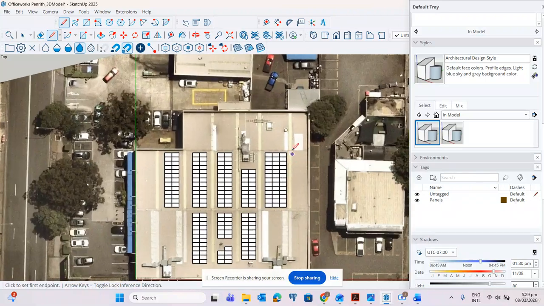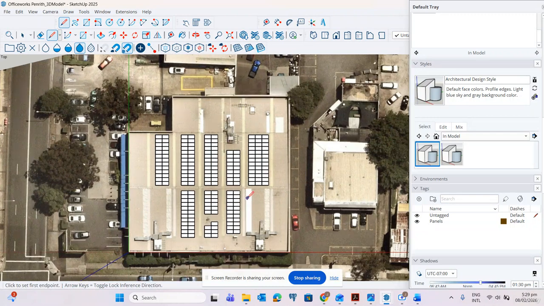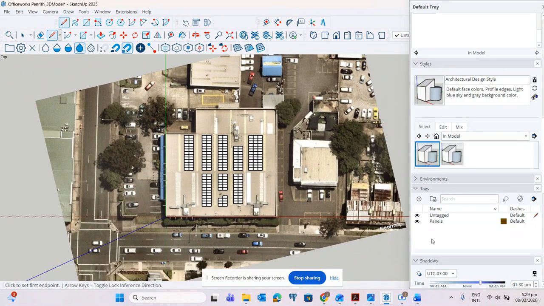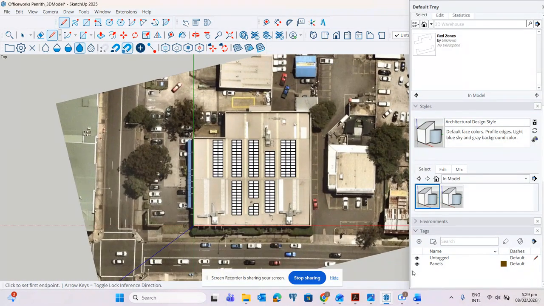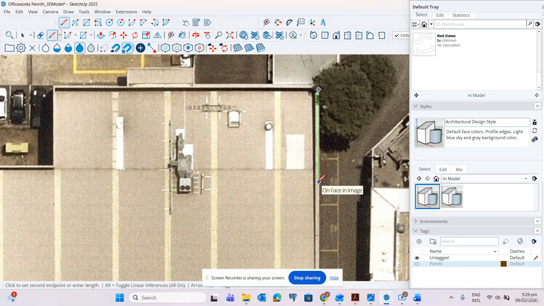The panels, we put on a tag, and then we will hide the panel first. Then we will start to draw the structural 14 meters, 7 meters, and then 7 meters.